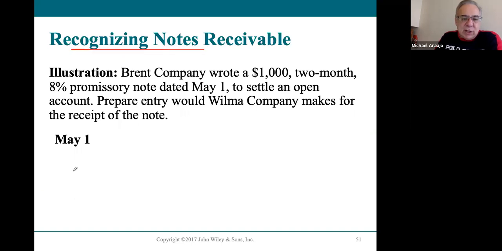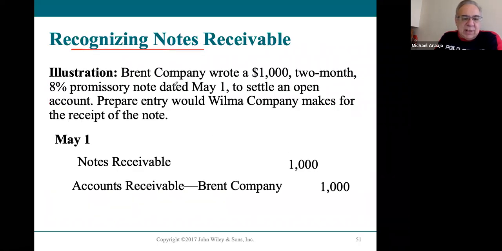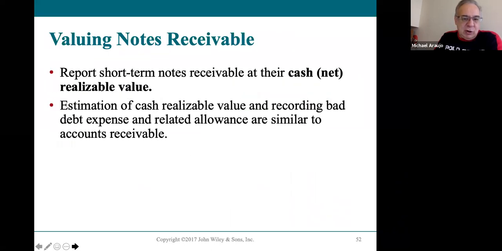How they recognize notes on the books on the day that it's written. On the day that it's written, in this case, most notes are to settle an open account, which means that they're using a notes receivable to pay off their accounts receivable. And this is what it would look like. And then, as you know,